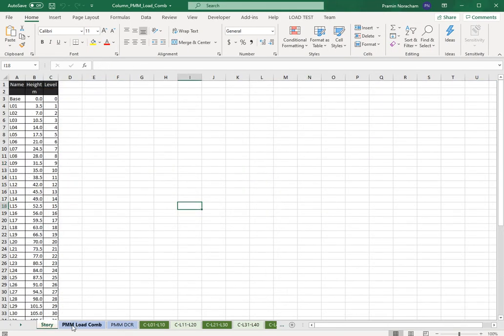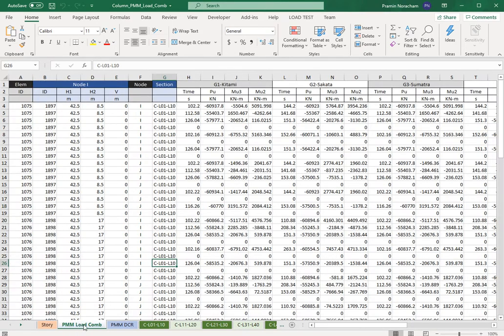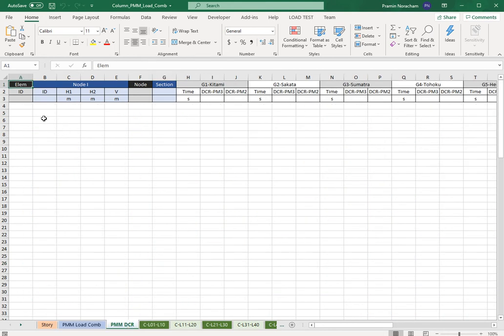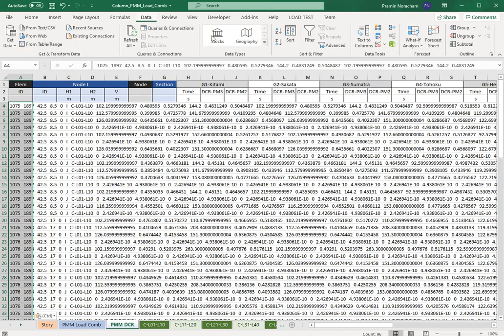At the first time, you prepare only 2 sheets. Now PX provides you another sheet also. In PMM DCR, you just place the information from the text file.